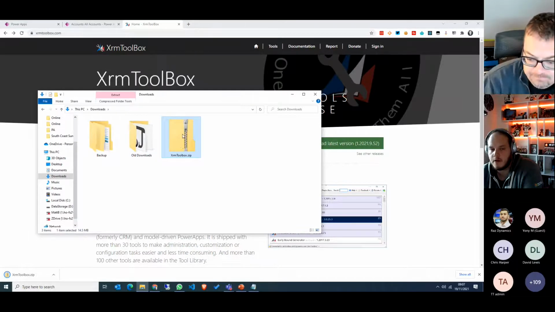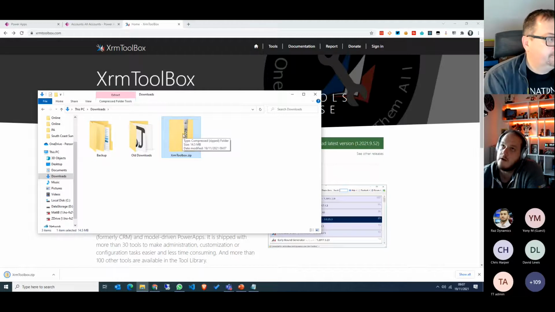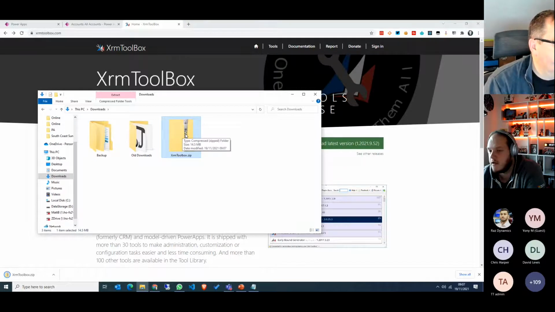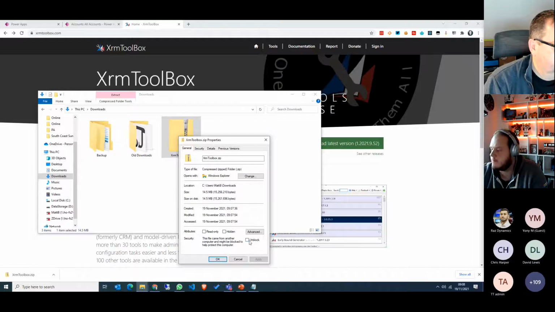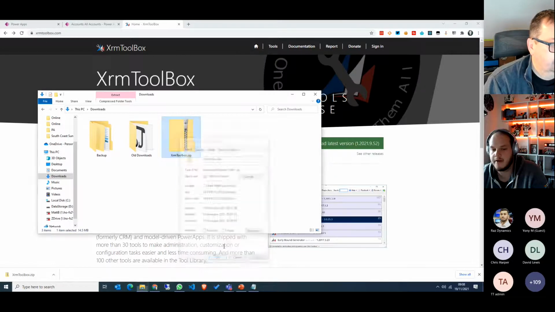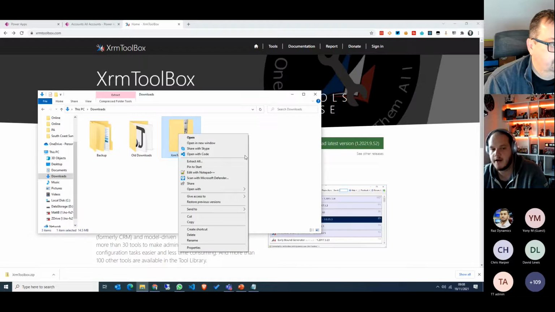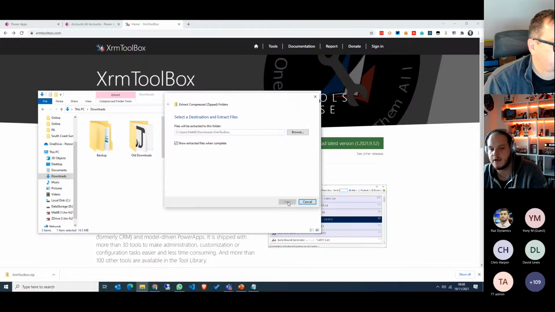There's one step here that I would say I have forgotten most of the times I've ever done this. So it's easy when I'm giving a presentation to remind people to do that, which is when you right click on it, you have to go into the properties of it and you have to unblock it. That's because it's essentially unsigned code. So you have to just do these extra little steps for your machine. So we press on that, we apply it, and it's simple as that. I can now export that out. So if I just extract that out into a folder,